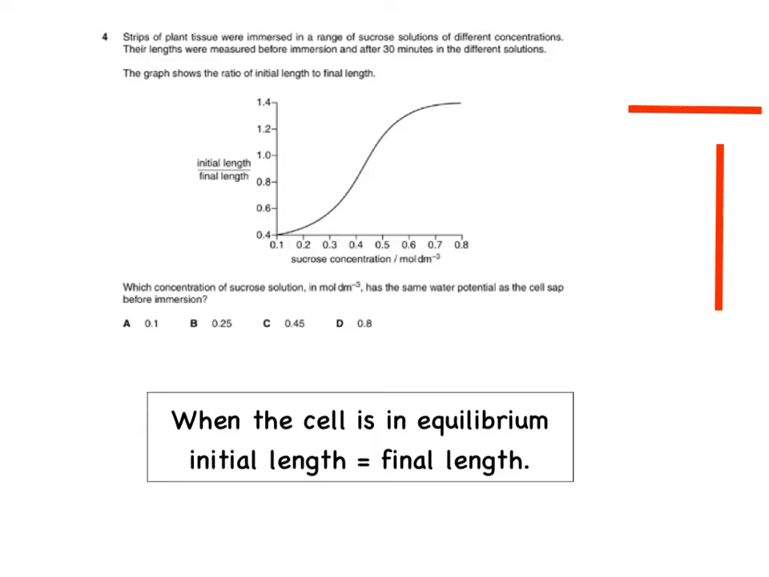You can work this out because if the plant tissue is in equilibrium with the solution, there will be no change in the length of the plant tissue. Therefore, initial length divided by final length will be 1. So